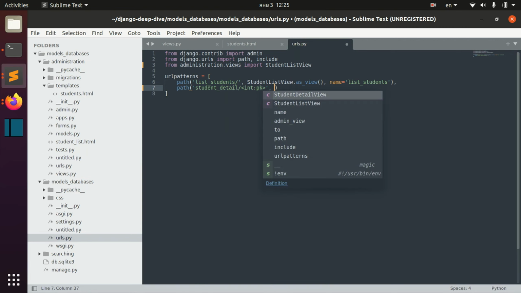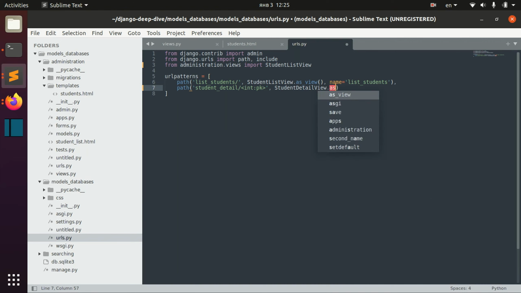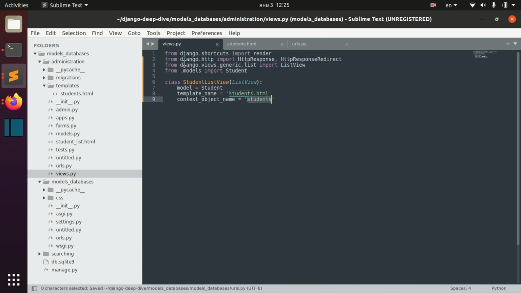And we will have something called StudentDetailView.as_view(), and let's say name student-detail, something like that. So let's now actually create this view,